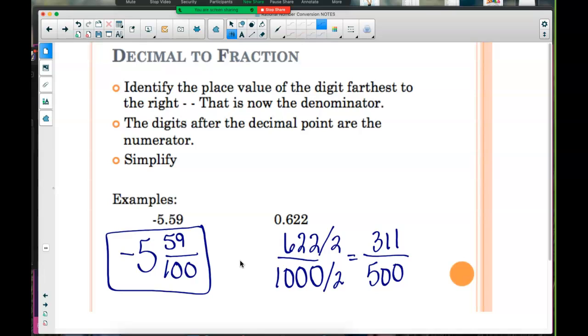Does anything go into those two numbers? I don't think so. So we're done. 311 over 500. So we've converted decimal to fraction, fraction to decimal. We've simplified fractions. Okay? So you know those divisibility rules. So your homework now